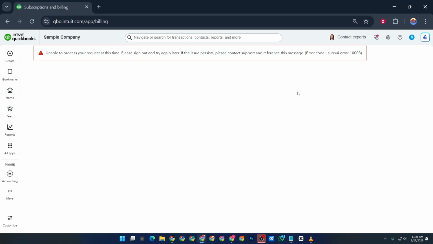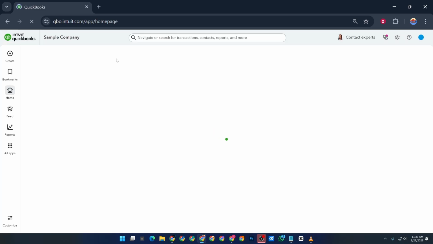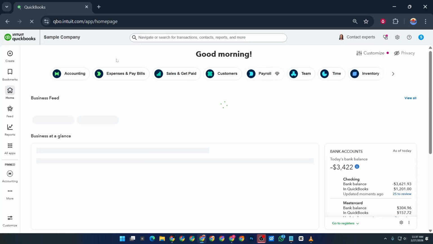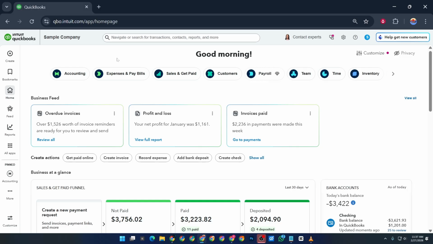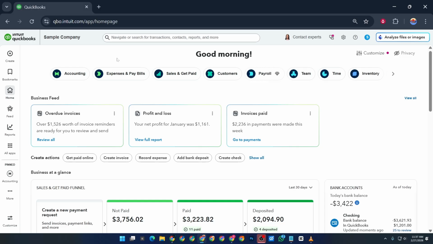If you want a completely clean set of books, the simplest option is to create a brand new company file. This means your existing data won't be included in the new company, but your old records will still remain linked to the original subscription. Before continuing, make sure you're ready to start from scratch. A new company file will not contain your previous transactions, customers, or reports, so you'll need to set everything up